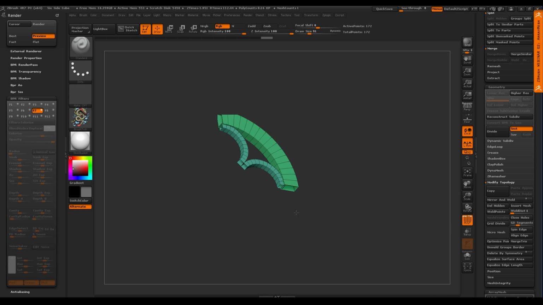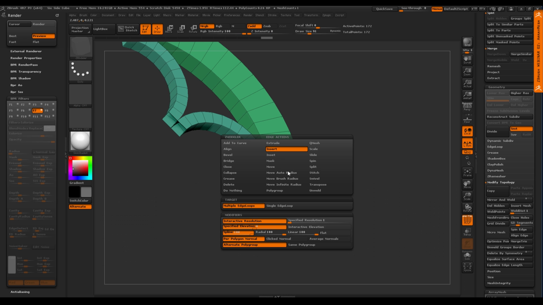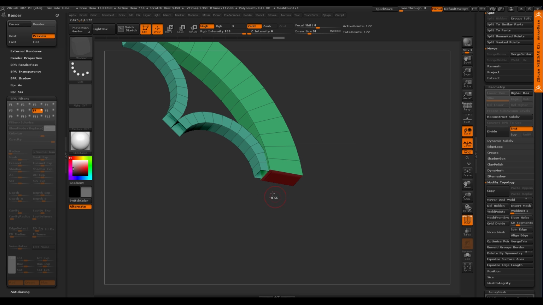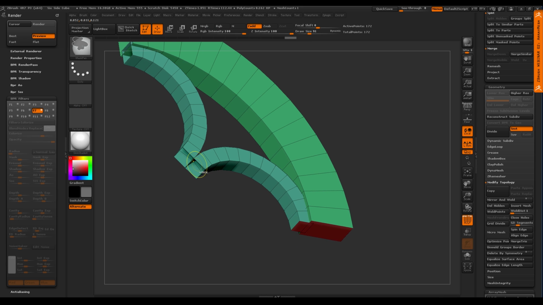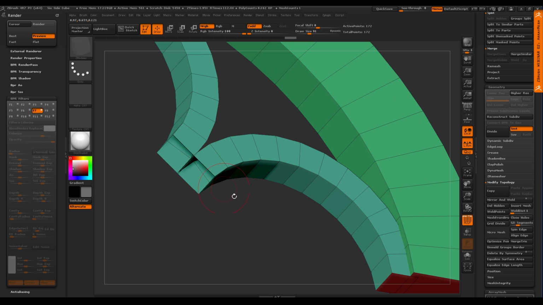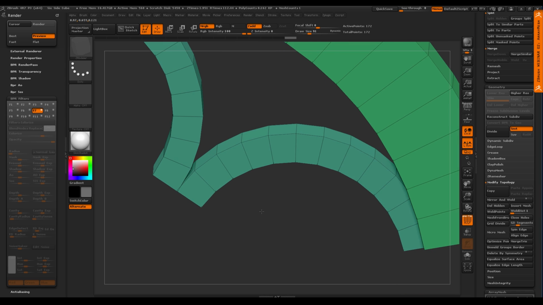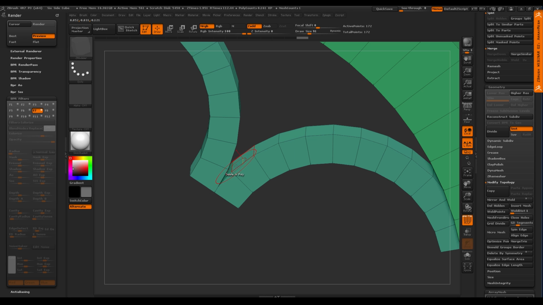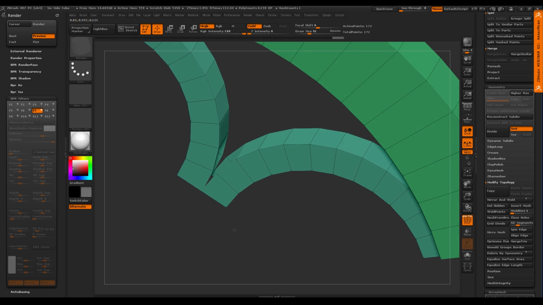Okay. Now I'm going to close these off because I know I'm going to want them closed. So we'll use our handy dandy Z modeler. So we're going to bridge across there, right? And then I'm going to just click that edge, there, that's bridged. Click that edge, and that's bridged. Okay. I definitely want to bridge these across. Okay. But instead of doing the bridging across, I'm actually going to delete these faces right here. I'm going to delete that face, let's say, and that face.